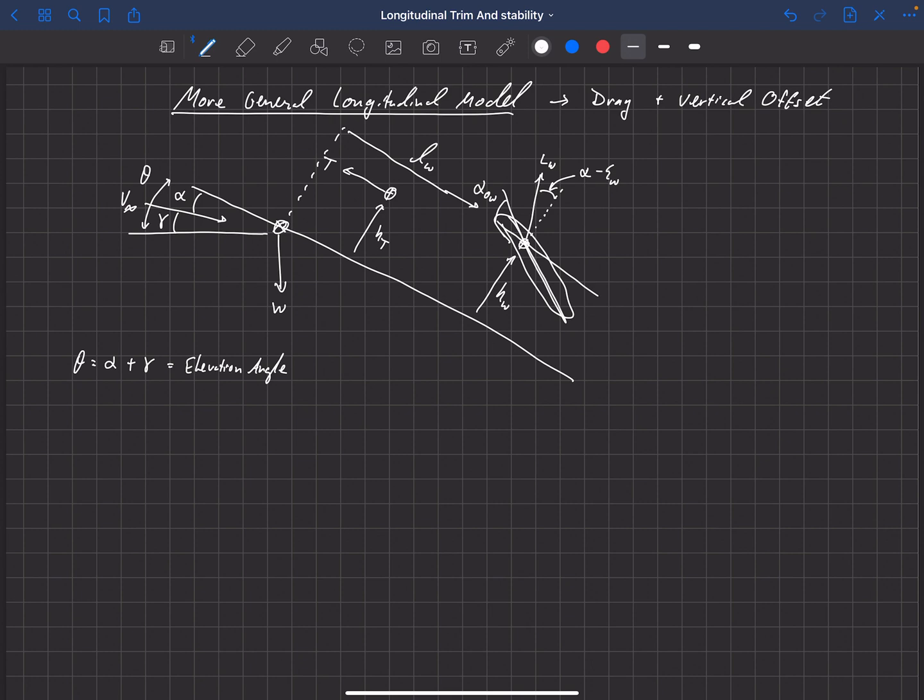And then that's the same with the drag being rotated here relative to this line that is parallel with the fuselage reference line, and this is that same angle there, alpha minus epsilon w. So that's the drag on the wing. And then last of all, we can add the pitching moment on the wing. Okay, so those are our forces and moments that are coming from this wing, and they're offset from the center of gravity.